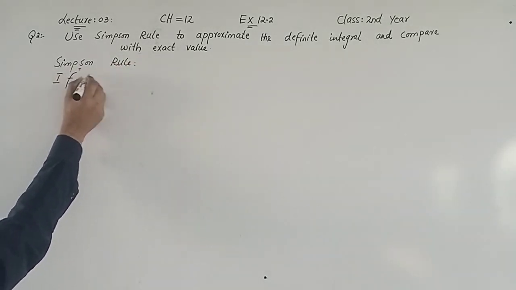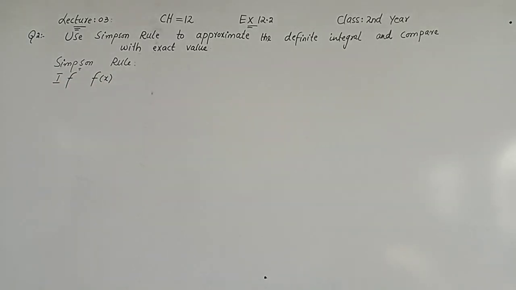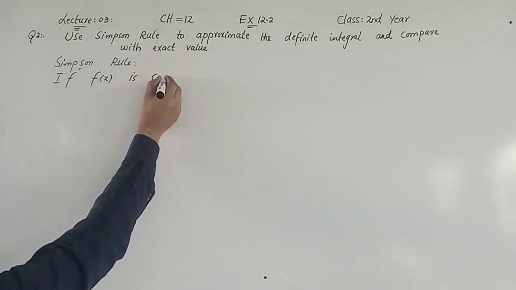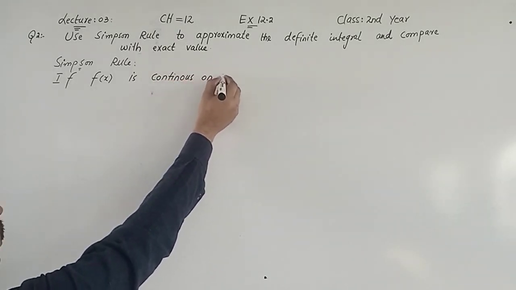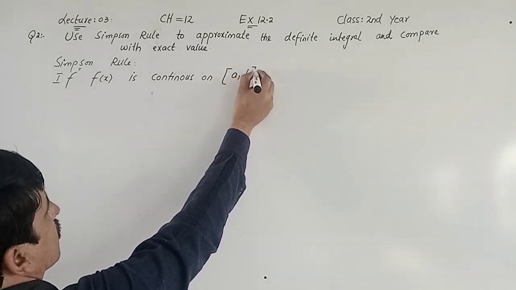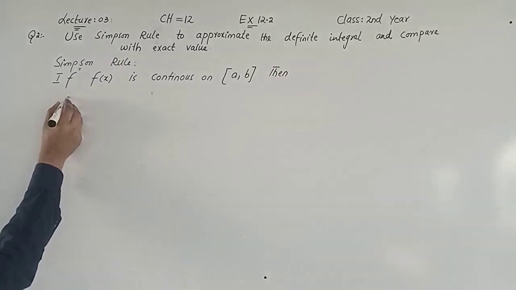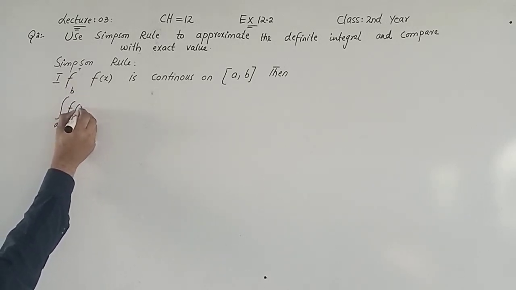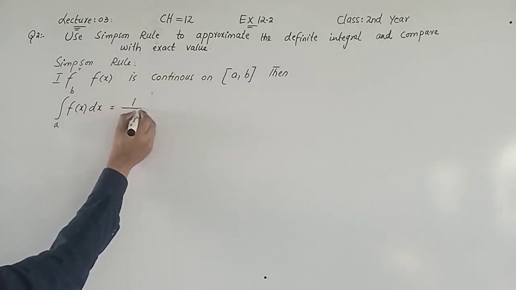If f of x is any function which is continuous on the closed interval AB, then the definite integral from a to b f of x dx is equal to 1 divided by 3